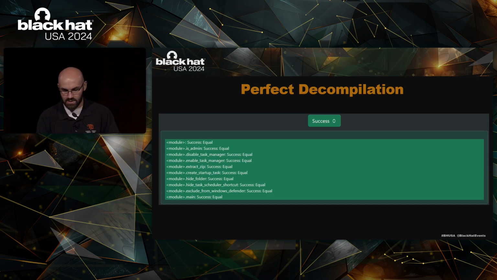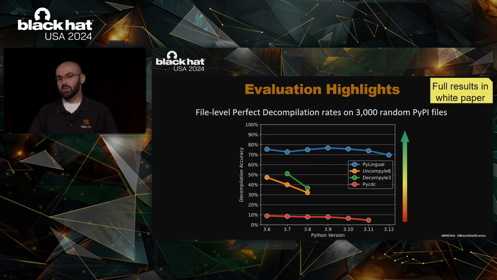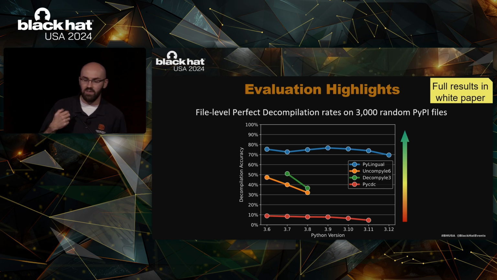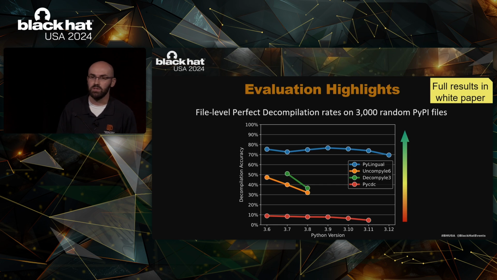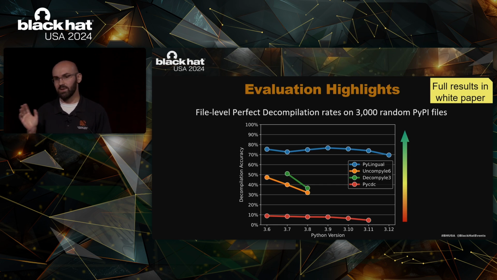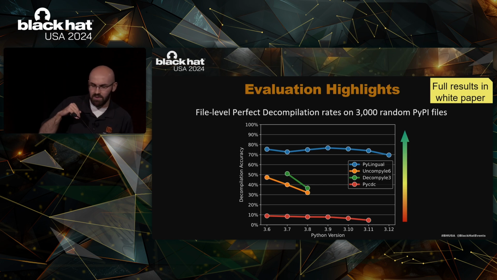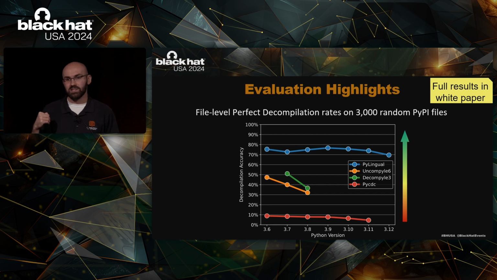correctly. And also using that perfect decompilation metric, we are able to evaluate the PyLingual decompiler alongside the existing decompilers on a sample of 3,000 random files from the Python package index. It's where you go when you pip install anything. We see that PyLingual is able to consistently provide best-in-class performance across versions 3.6 through 3.12, which is the versions that we cover right now,